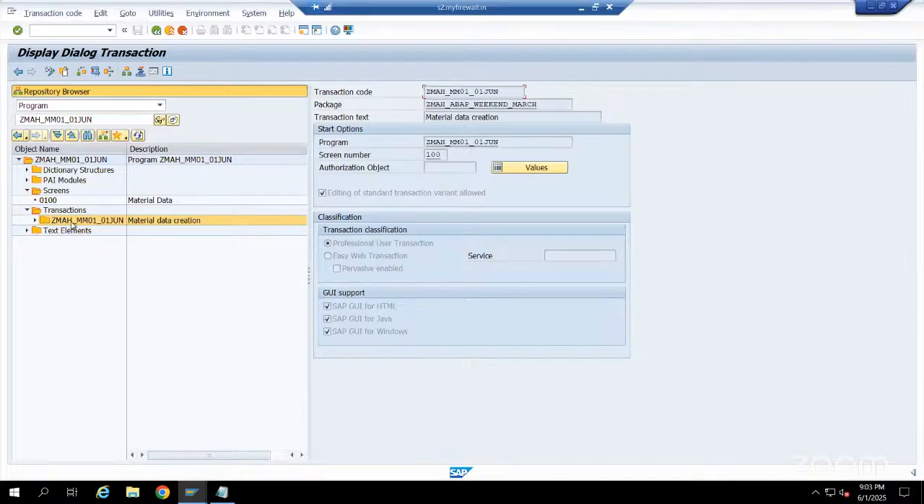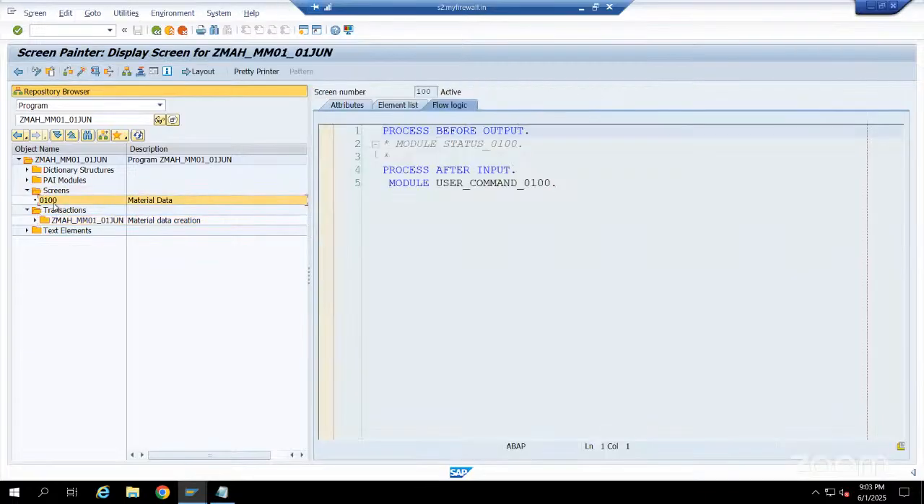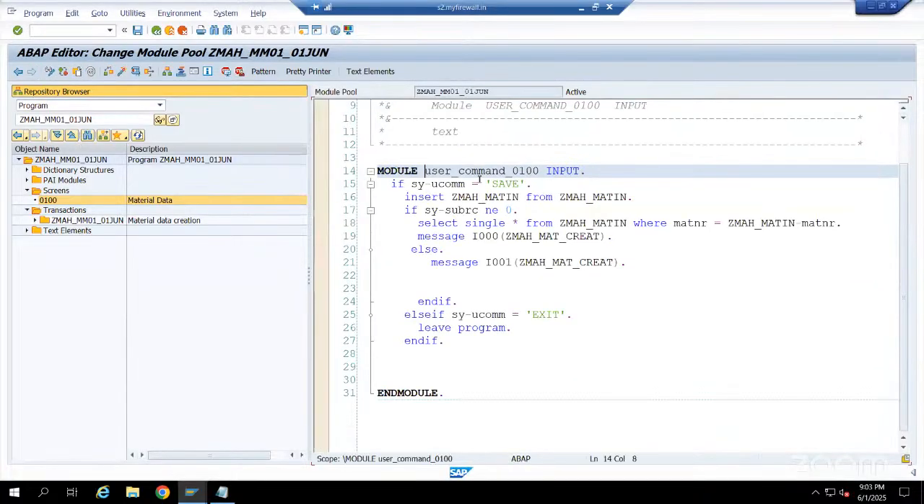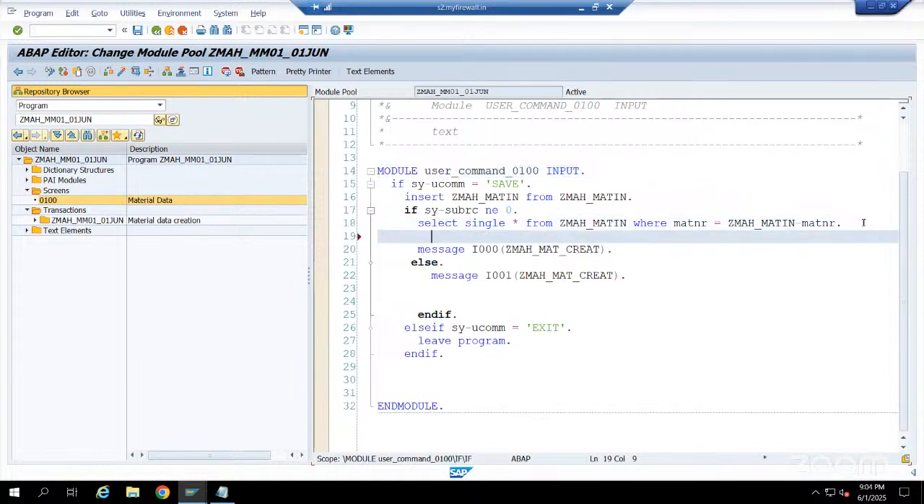Clear push button. Create a clear push button? No, I don't want to create any push button. But when? So after insert, where should I write here? Before throwing the message, right? You can do it here. Clear